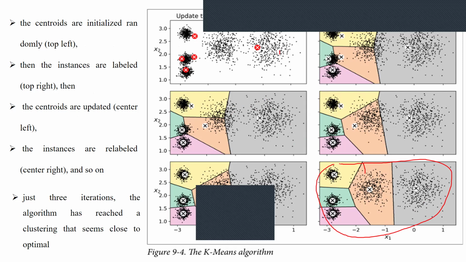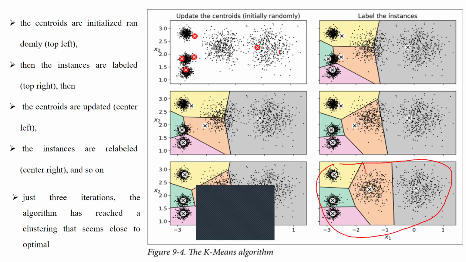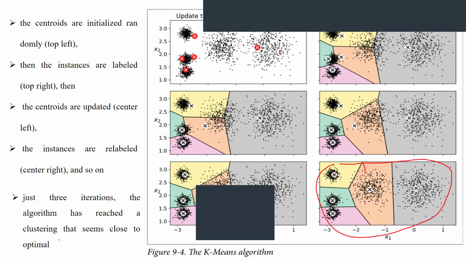So we cannot say this here. It scores the sum of the squared distances from the centroid, and this score is called the inertia. Coming to here, it may be a suboptimal solution. Why? Because it's not a correct solution. We can identify this here, close to optimal for this clustering over the three iterations.